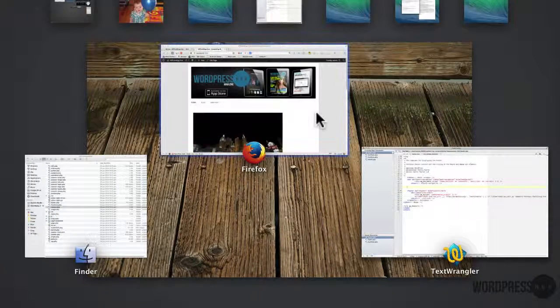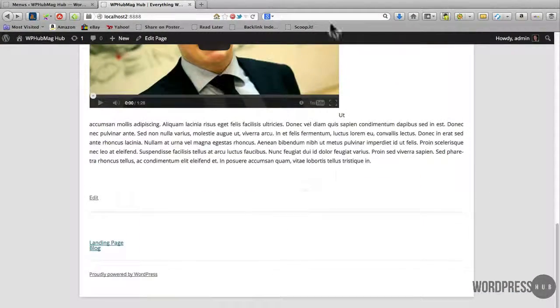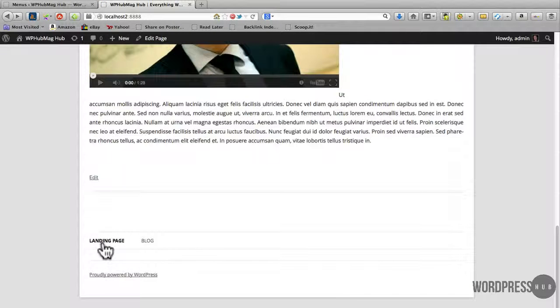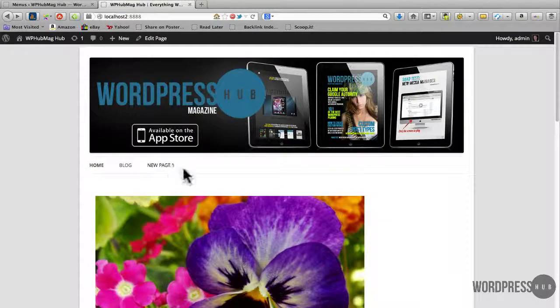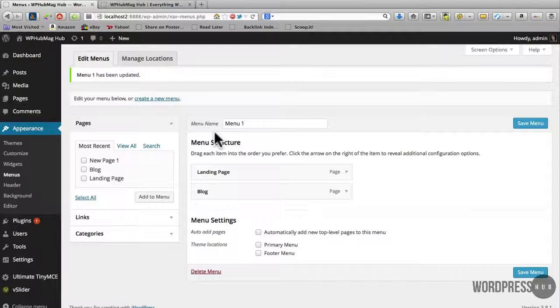what should happen is when I refresh, you're going to see this menu down here that has the same styling as the menu up here, and it's got this page and that page for the blog there, because the menu that's currently created is the only default menu. If I create another menu, for example, and I want to